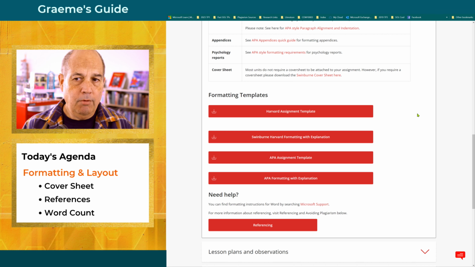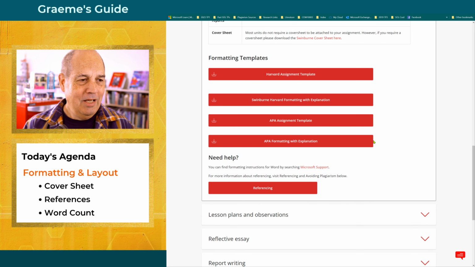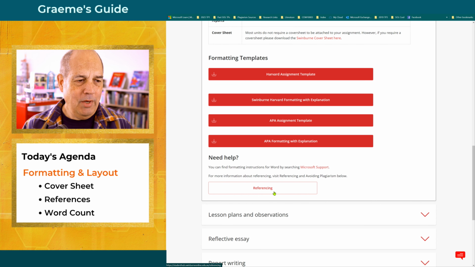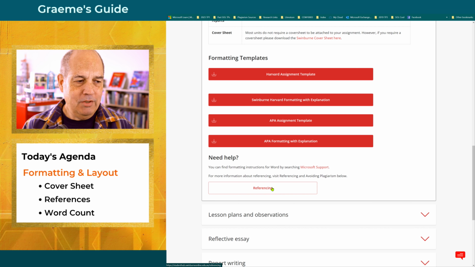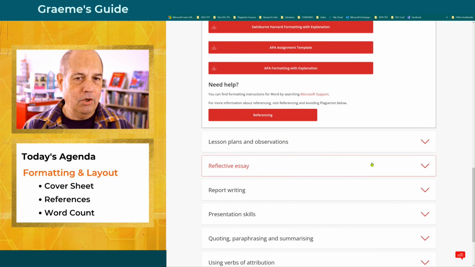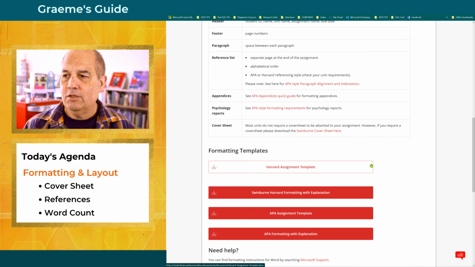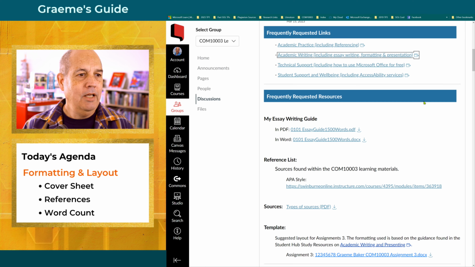In this unit, I provided a template as well, and I'll show you that in just a moment. It also has links here to referencing as well. We'll talk about referencing a little later too. Is there anything else here we need to look at right now? No. Alrighty, cool. So let me go back to the guidance that I've provided,